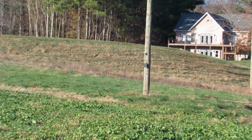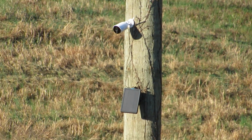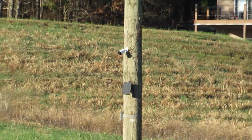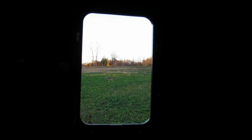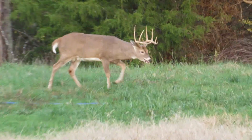Okay, so switching over to the electric. In case you're wondering how I get all kinds of camera angles and that, I'm going to do a separate video on this, but I have managed to cheat cellular trail cams by using these home security wireless cameras. I'm going to do a separate video on that, so stay tuned. So anyways, here I am sitting out in my house plot just yesterday evening enjoying a nice hunt on a brassica plot, and I saw